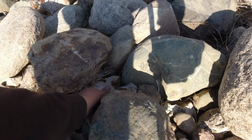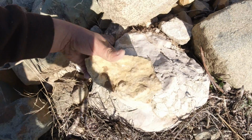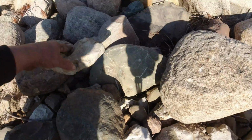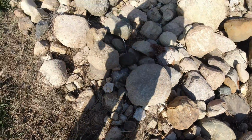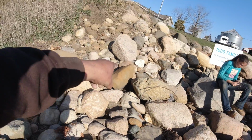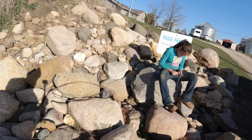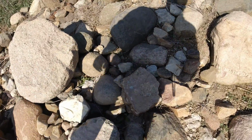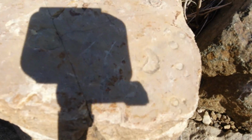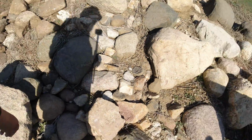But you can see we just have a lot of these fossil rocks. This is all fossil rock here. Fossils all in that. That's something big fossil in there. But a lot of fossil rock, then a lot of granite, and lots of different kinds of rocks. That's got a lot of iron in it over there, that orange one. But we've picked up a lot. That's a good fossil rock right here. Good fossil, lots of fossils there. All that, I don't know, you might be able to pick up that fossil. Just that, I don't know what that is, shale, but